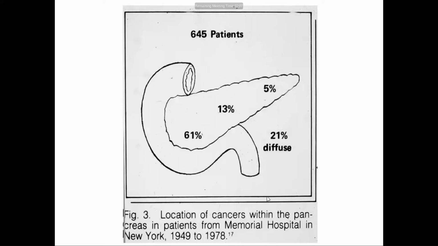Now, what are the sites of pancreatic carcinoma? The pancreas lies in the first part of the duodenum, in the loop. This is the head, this is the body, and this is the tail. The tail is near the spleen. Now, these are the incidences of pancreatic cancer: in the tail it is 5%, in the body 13%, and in the head, it is most common, that is 61%. Involving the whole pancreas, it is 21%. So the main point is that it is most common in the head of the pancreas.